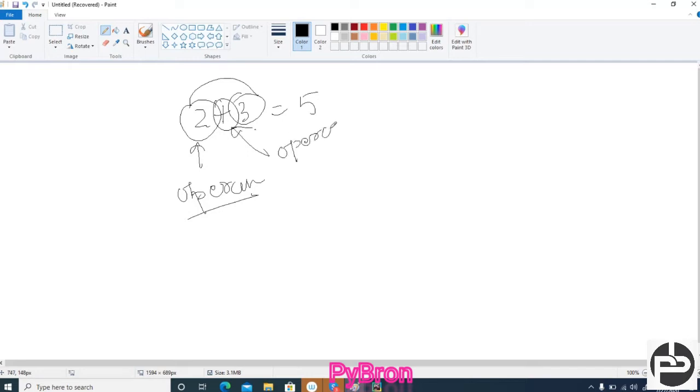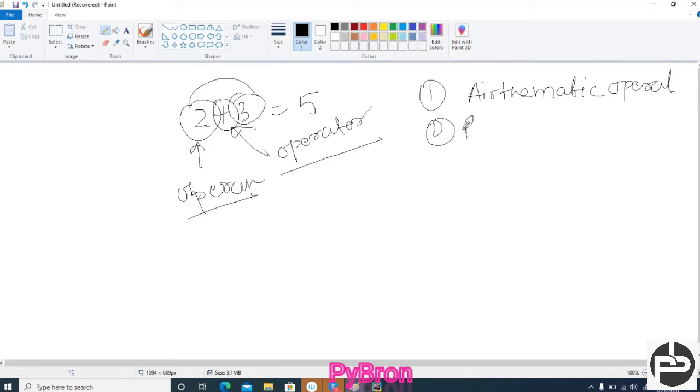In Java or Python, there are many kinds of operators, and whoever is from an engineering background already knows them. One is the arithmetic operator: plus, minus, multiplication, division.